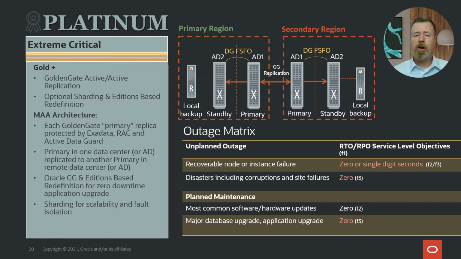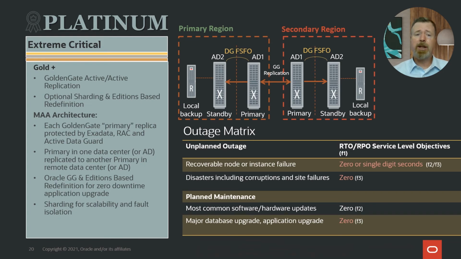Disaster 0, and all our different planned maintenance, because we can upgrade one site without impact to the other. And from an active standpoint, we have both sites up and running. From an active passive, we're one load balancer click away. And that's represented here as far as the different RTO and RPO values. But most people's goal is to get a zero RTO associated with that. So we already had a 0 RPO in our Gold MAA, which we're carrying over to Platinum.